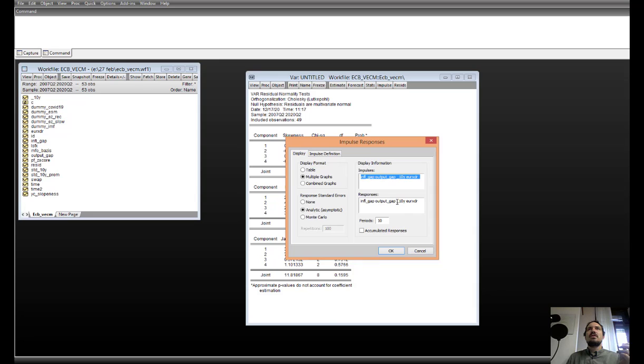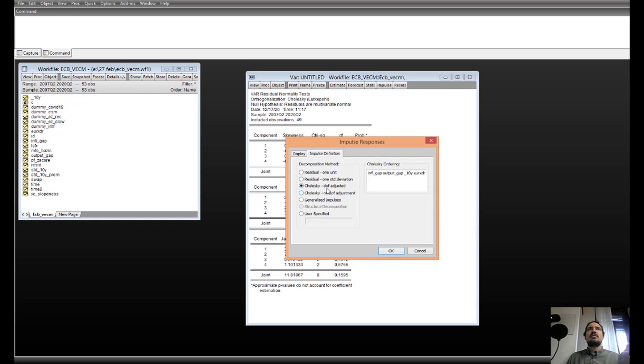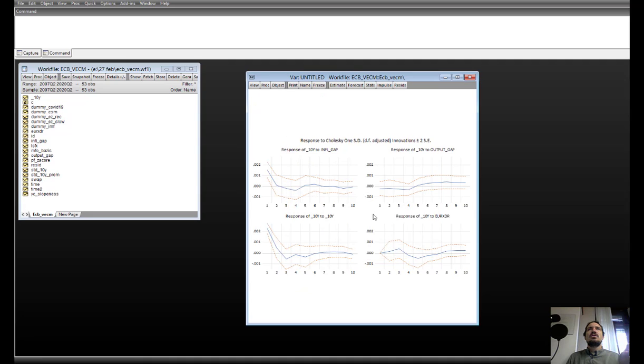So, since it's a Taylor-like rule, let's see the response of the yield. It will be a simple Cholesky. So it's short term. And we can see that we have only a significant result for the 10-year inflation gap, and only for the first quarter. So if we are deviating above the inflation gap, then 10-year yields will increase as well. Surprise! Economics is working, but after that it's not significant anymore,